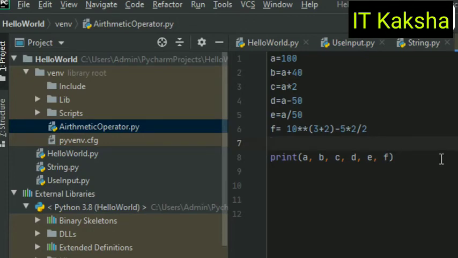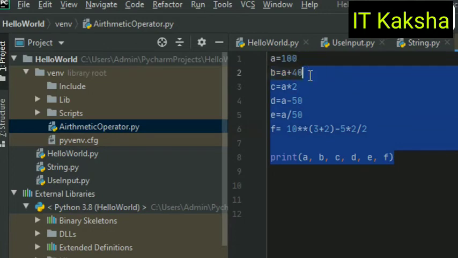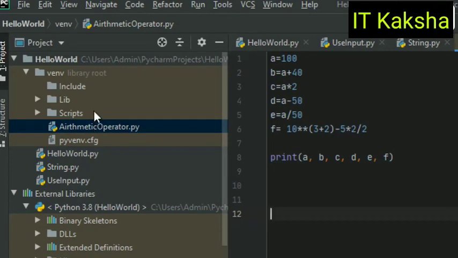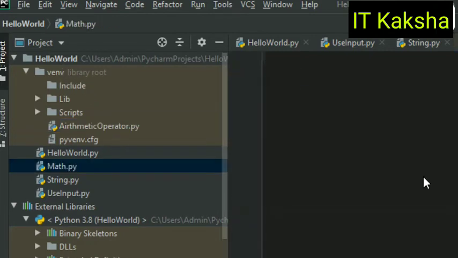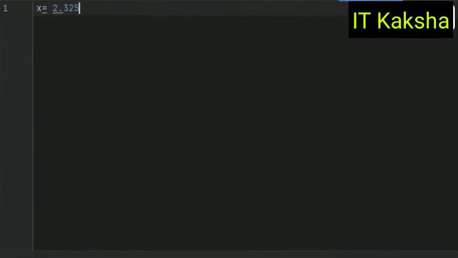Let's take some more examples on other kinds of mathematical functions. For that, we need to import something. Let me create another file, and then we'll consider some more things here. Say, for example, x equal to 2.325. Now what I'm going to do is print of